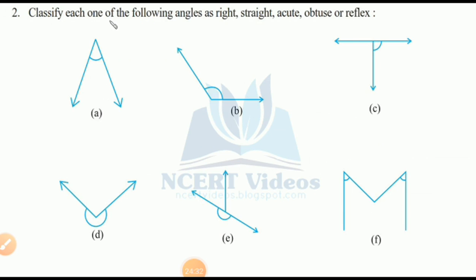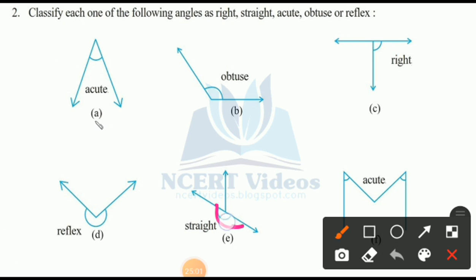Question number 2. Classify each one of the following angles as right, straight, acute, obtuse and reflex. Oh, a very easy question for you. Without measuring, classify. Give the name for each. First you take acute, second obtuse, third is right. Yes, correct, the angle measurements are given. Fourth is reflex, fifth is right angle. You have to use the angle sign that is given, not the other one. Here they ask us this much only, this one only, not regarding the other. So according to that we have to say the answer.